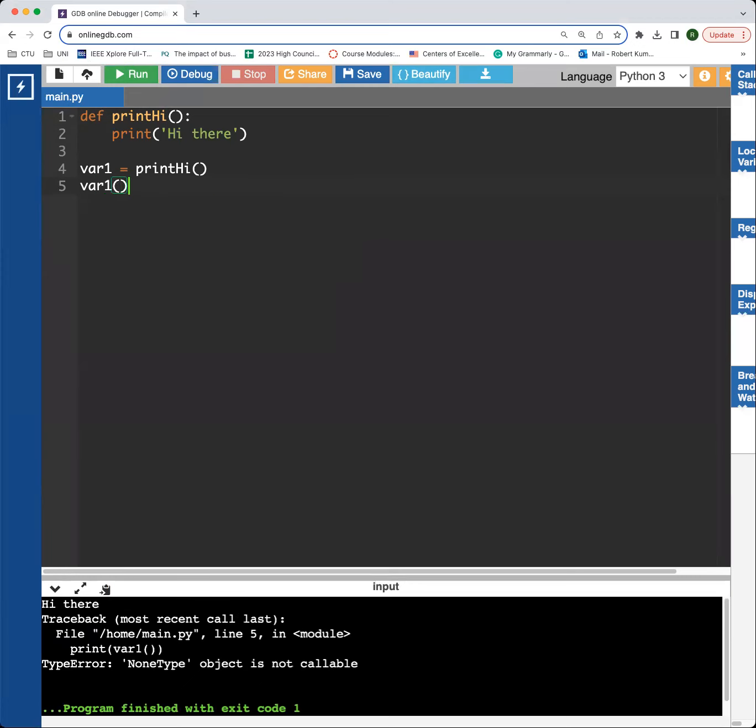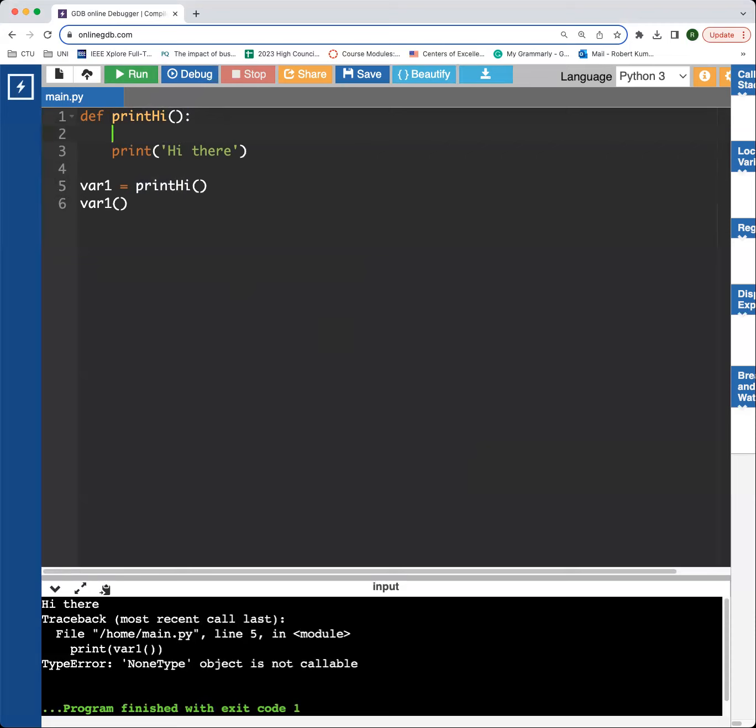Variable 1, you call that, and whenever you call this function variable 1, it will run. It will indeed call print hi because these are objects, they kind of share together. So it's kind of cool that it works. The other thing in Python you have to know is that you can even